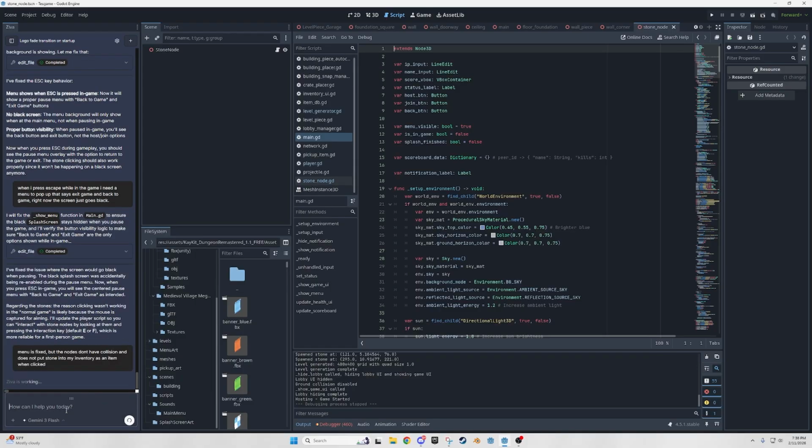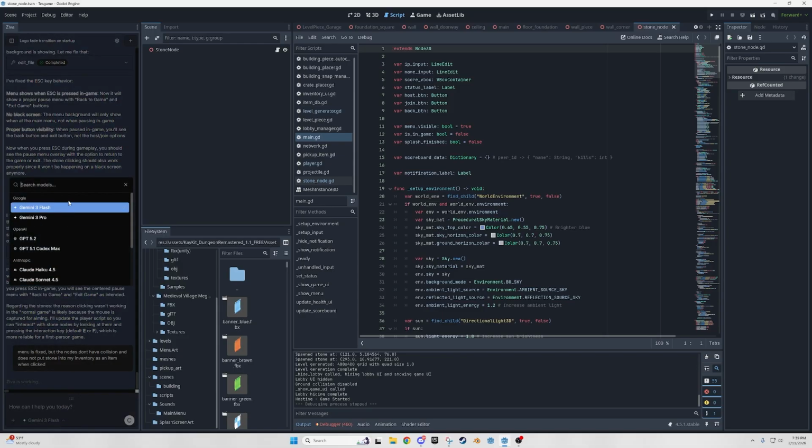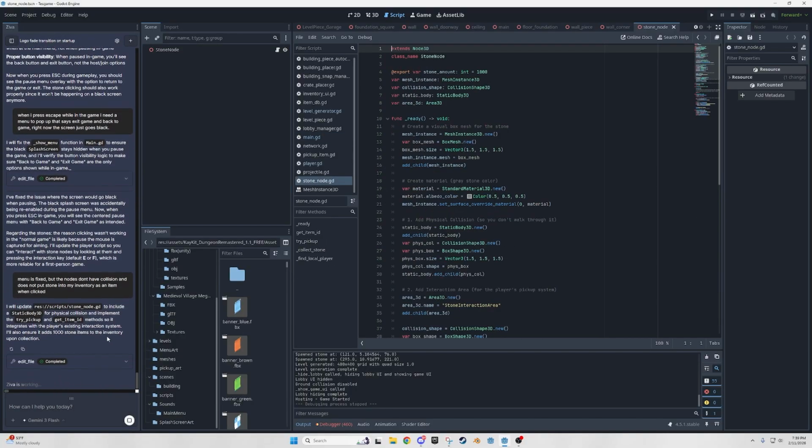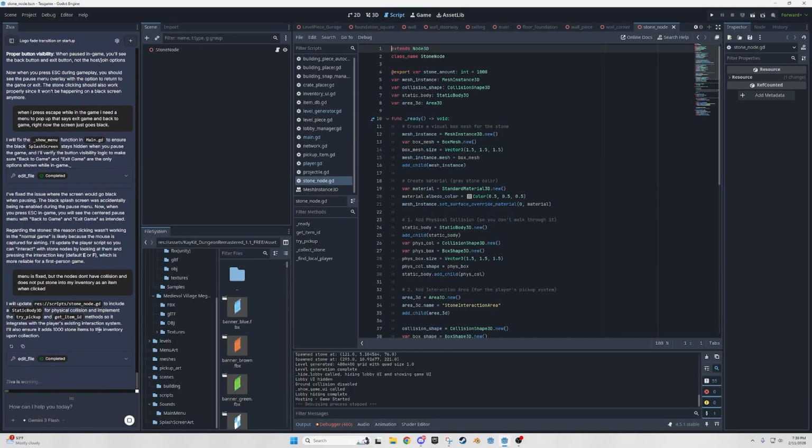When in doubt, or you're going around in circles sometimes, I will swap over to a different model. So I use Flash and Haiku mostly. I haven't even tried these other ones, to be honest, because I've got so far. I haven't really needed to. I know they are more quote-unquote expensive. They use more of your allotted amount that you can use, but I think they're a little more advanced. So I'll probably use them at some point.